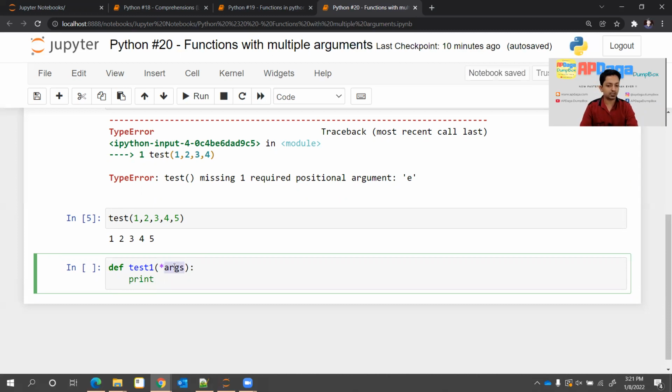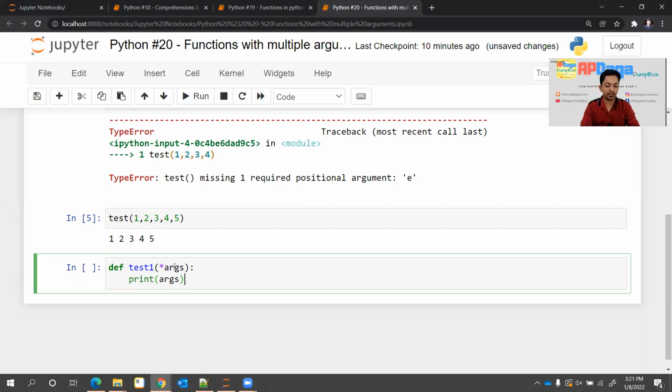And args is just a standard way to write this kind of argument. You can write anything there, you can write asterisk Akshay or any kind of name. The mandatory thing in the syntax is that you write a single asterisk before the name of the variable. And then I'll do print args. The function definition is completed right now.